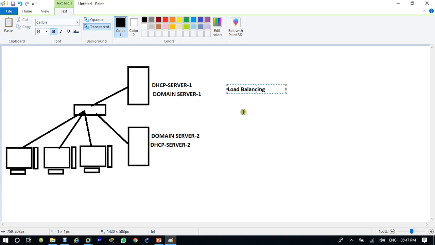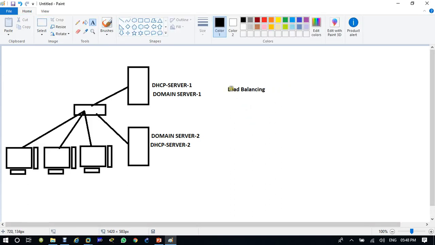If it is load balancing, one client will come to the switch, and the first client will go via server A to outside.